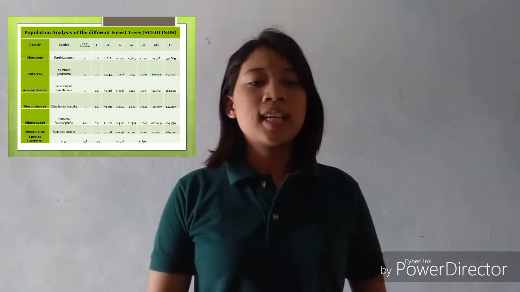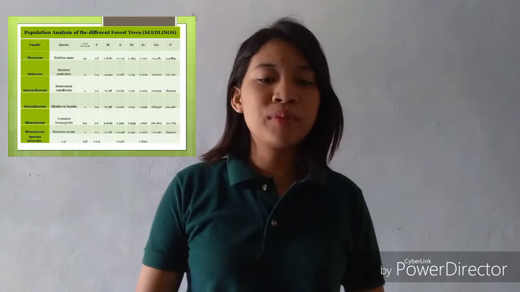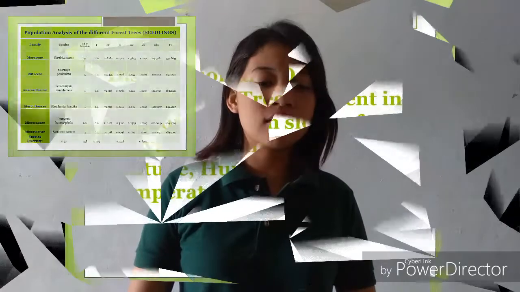In the computed importance value of forest trees found in the study area of the northeastern slope of Mount Arayat, Leucaena leucocephala attained the highest importance value of 404.4794, while the lowest was attained by Samanea saman, having a computed value of 184.9007. Moreover, the computed species diversity of all species was 0.37.